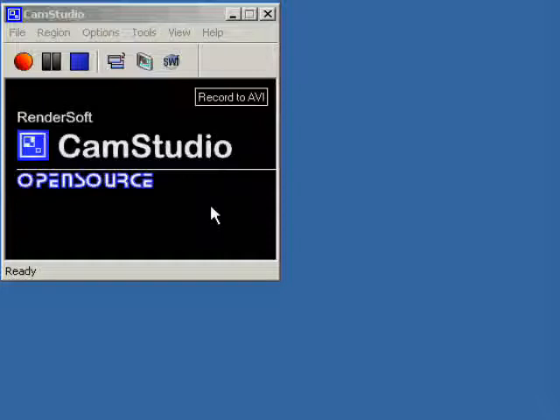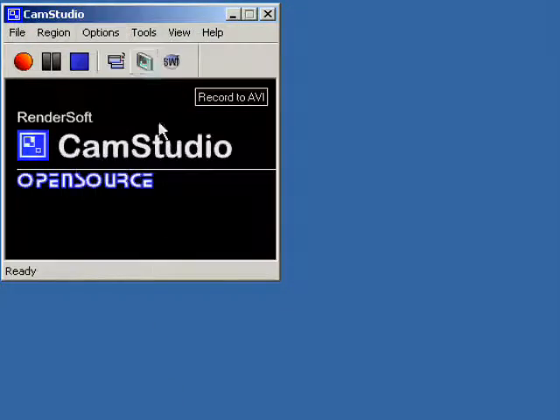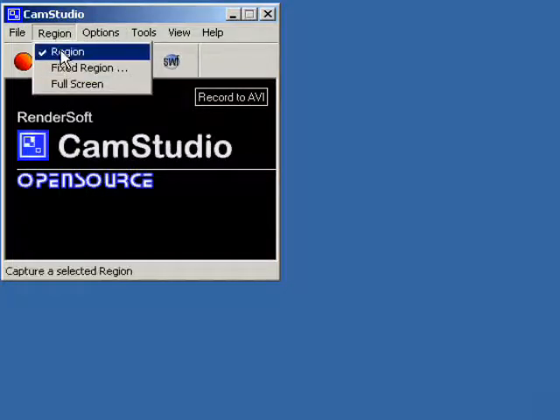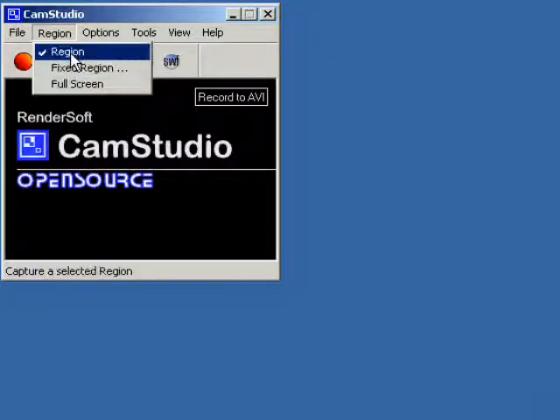For capturing the screen, I am using CamStudio, and you've got a series of options that you can set. The other thing that you can use to make the file size small is to change the area that is actually used. If you set the screen capture to full screen, obviously the file size is going to be quite big. Now, if you set it to fixed region or region, you can draw the area that is actually going